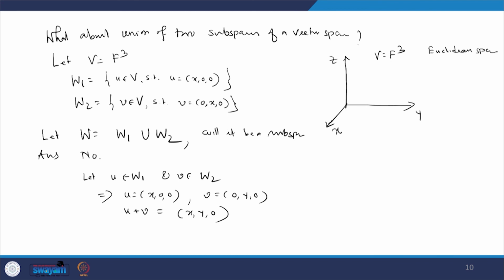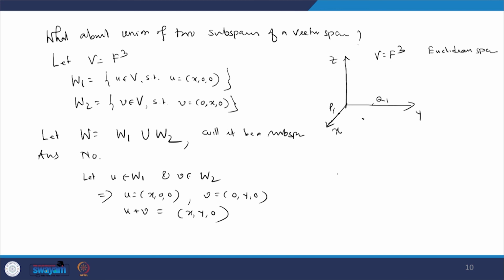Let me represent u by the point p1 and v by the point q1. Then this sum of two points is a point here which does not belong to W1 union W2. Therefore, the union is not necessarily a subspace,